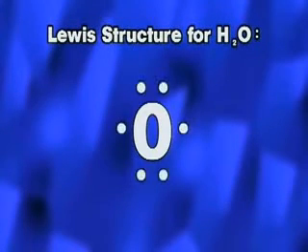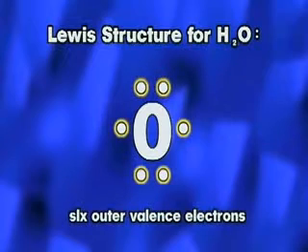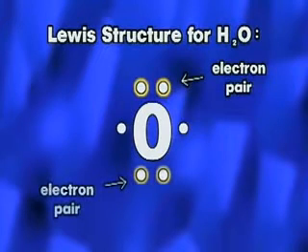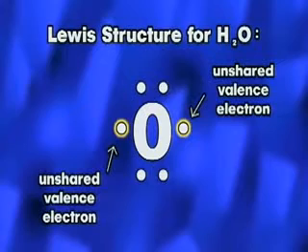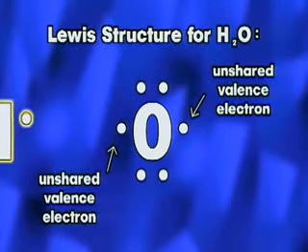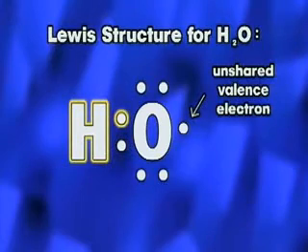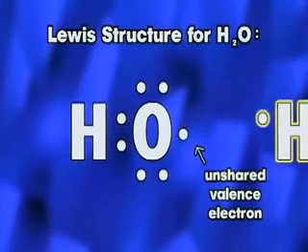Oxygen gets 6 dots representing its 6 outer valence electrons. These 2 electrons are called an electron pair, as are these 2 electrons here. But then there are 2 unshared valence electrons. The first hydrogen will bond to one of these unshared electrons with its 1 electron, and another hydrogen will hook up with